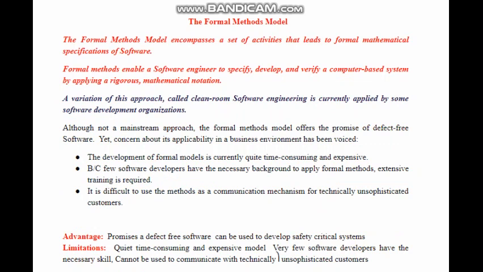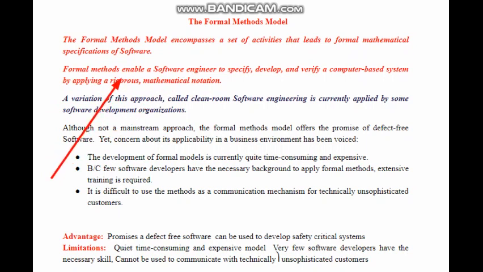Let us see one more type of specialized model, called the formal methods model, right? I will tell you about this quickly. In this model, a lot of mathematical specifications, or formal methods, are used, where a lot of mathematical calculations are carried out, right?